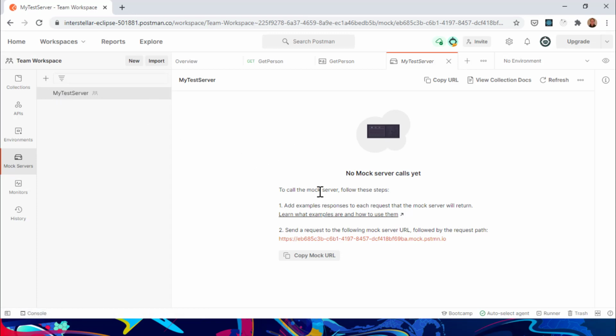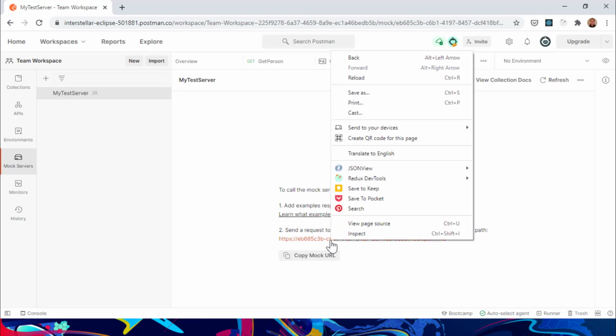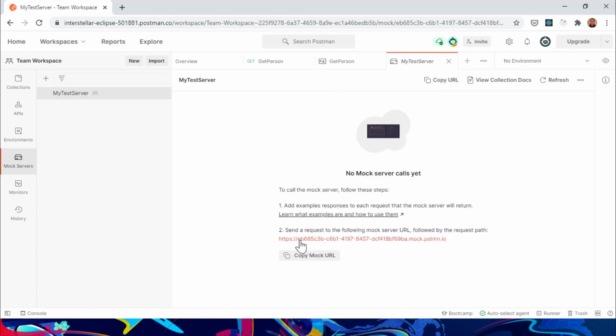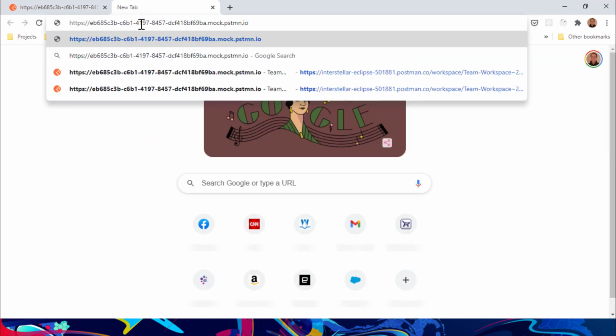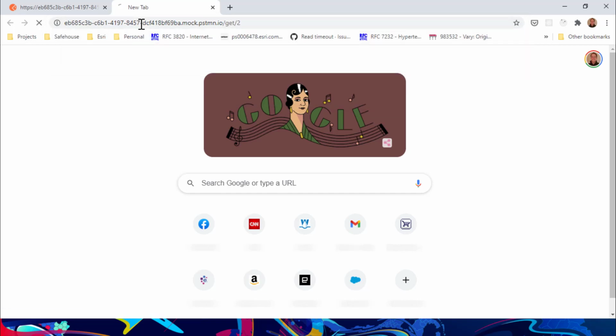Once we create the mock server, as you can see here, we don't have any mock server calls yet, but it will log these requests as necessary. One cool thing that we can do here is it has the URL to this mock server. This URL here was just generated and is available for requests publicly. So what we can do is we can take this URL, we can do a GET, and as you can see here, we get back our JSON